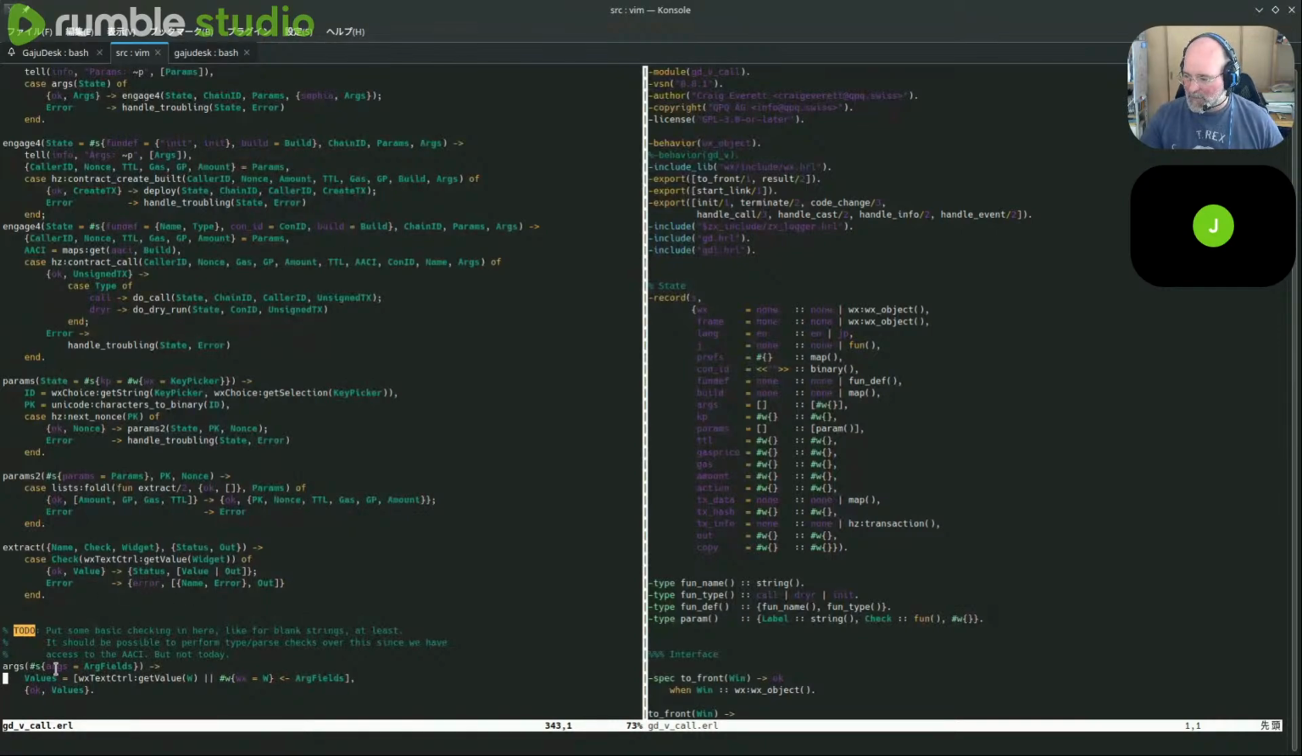But the arguments, who knows? The only thing that I do know is that they can't be empty. Empty strings should be invalid here. But I'm always returning okay values, which could just be a rip over this. But actually, it should possibly be an error if an argument is invalid. So anyway,